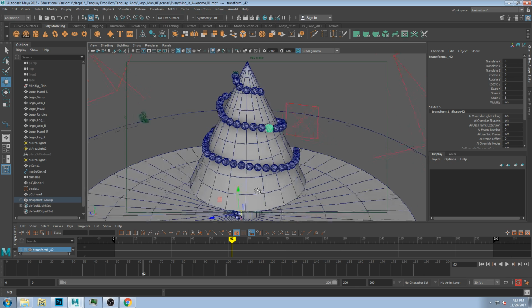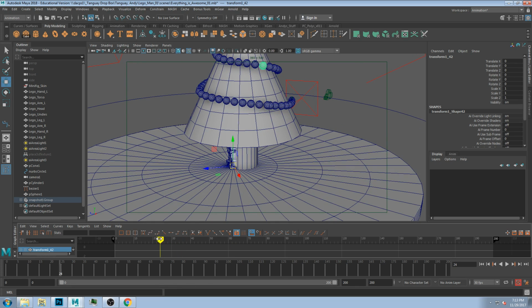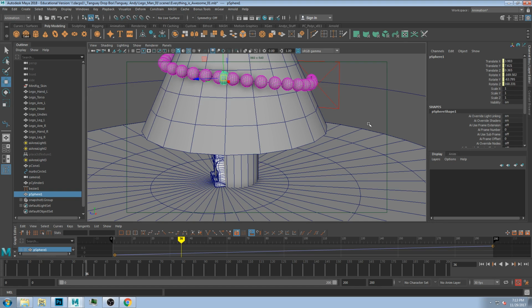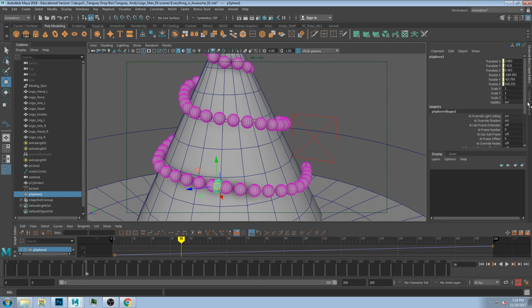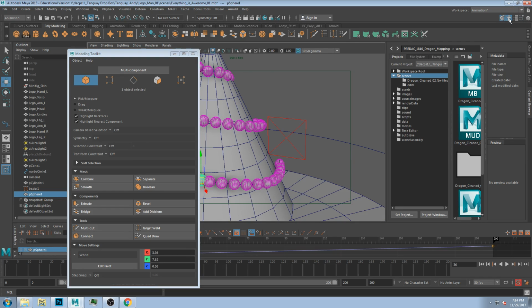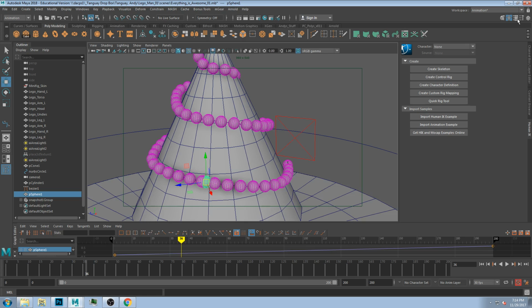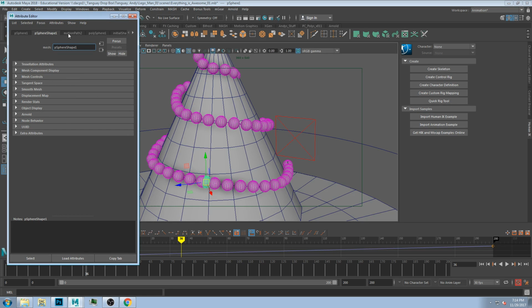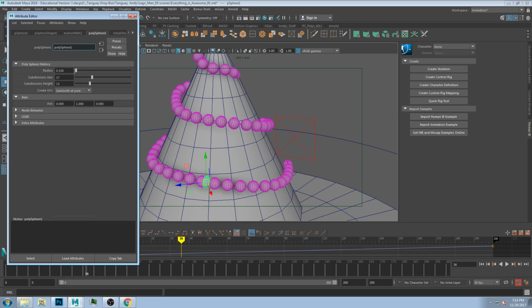all these guys, right? I can actually even still come back to the original ball wherever he is. There it is. And since they're duplicates of each other, they're instances. If I said, well, this is getting a little dense, I could come in here and, there it is. I could say, well, this is too big. They'll all change, and I could decrease the density if they're taking up too much render time,